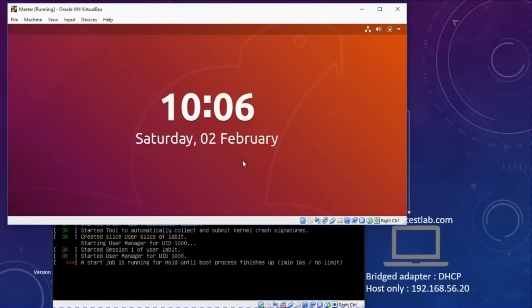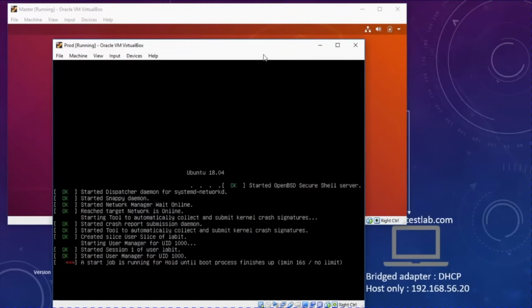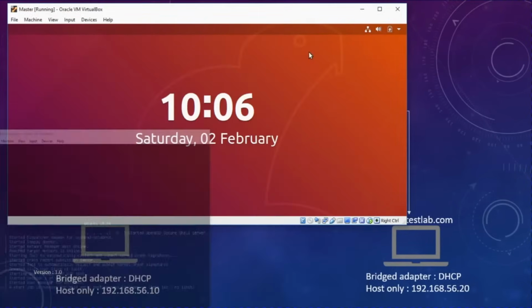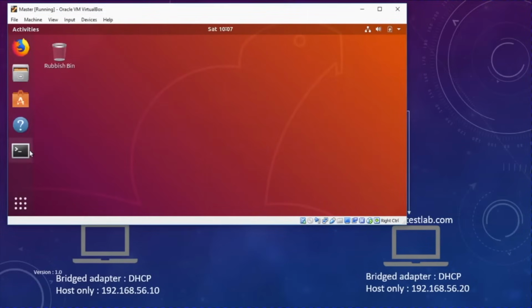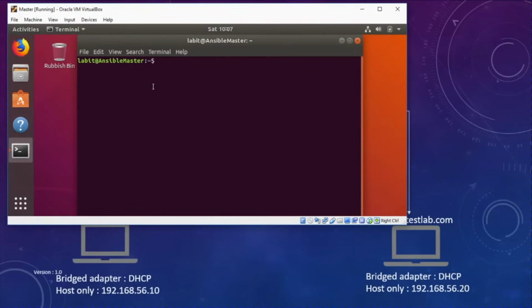So we're going to go to prod. Let me minimize this. Let's log into the prod machine. On the prod machine, we need to repeat those same steps. So let's open up the terminal. Now on the terminal window, first we need to set the host name. So sudo nano /etc/hostname,